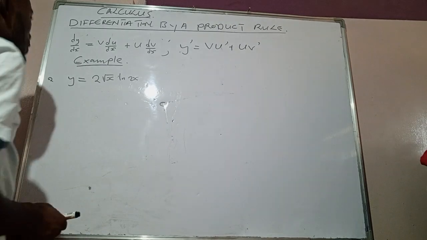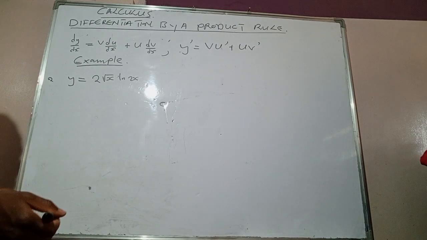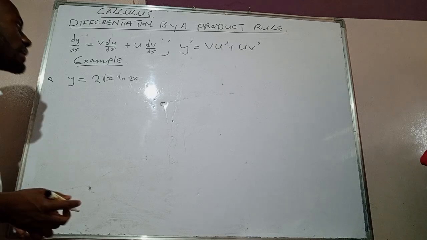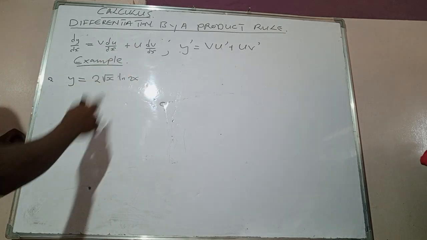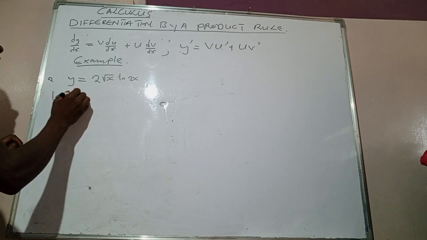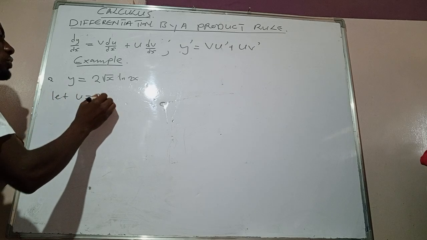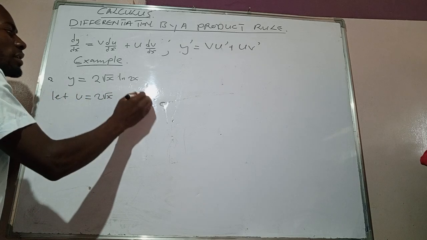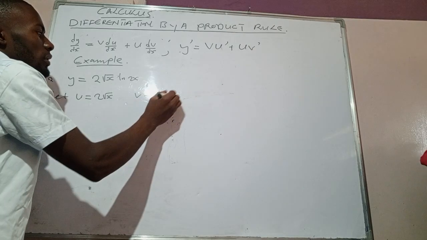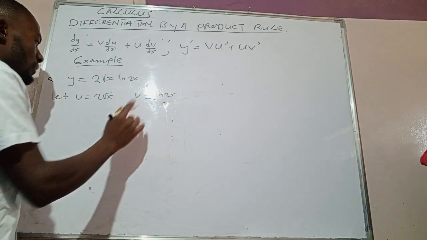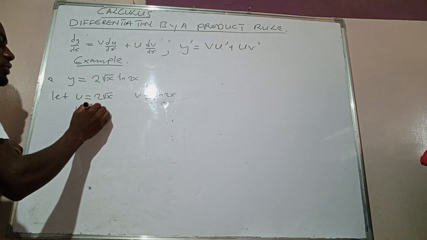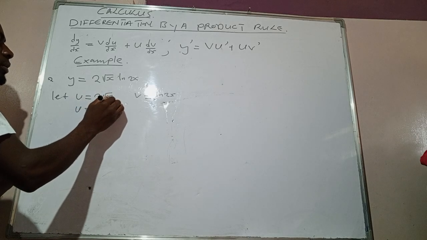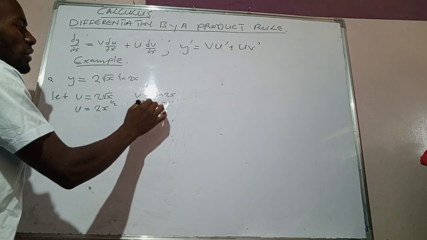Okay, so we have the second question here. y is equal to the power, square root of x ln 2x. So we're going to separate them. We say let u be equal to 2 square root of x, then v be equal to ln x. Okay, so u is equal to this one, we can change it so that we have 2x to the power 1 over 2, then v